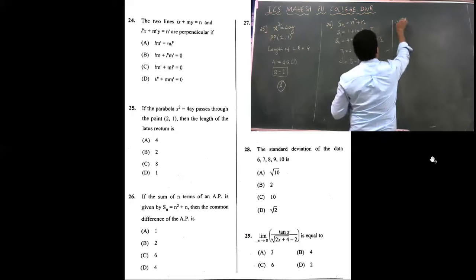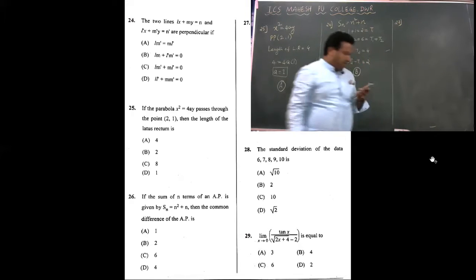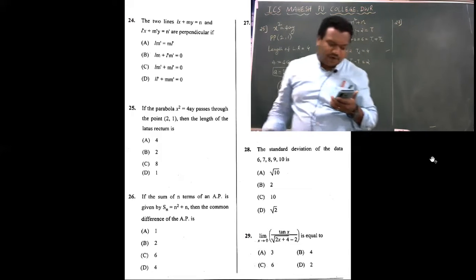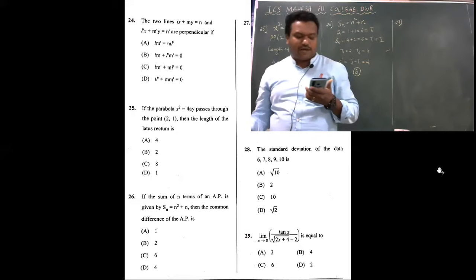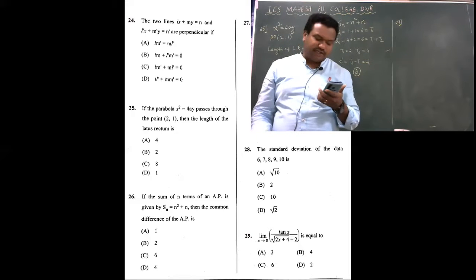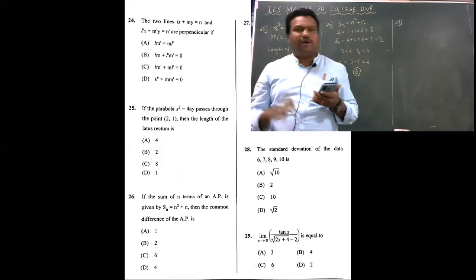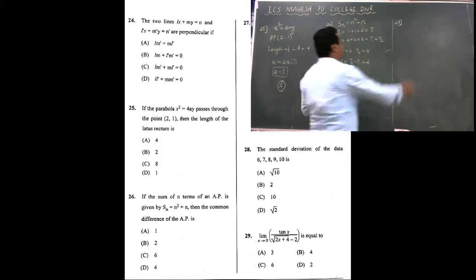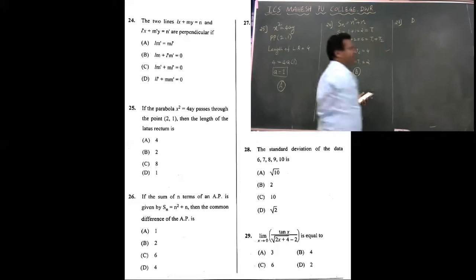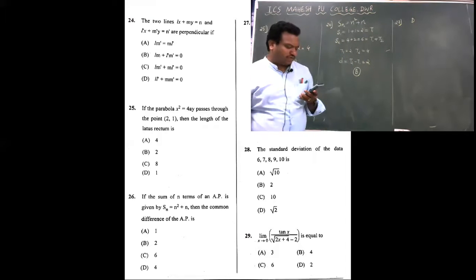27th question is already done. Okay. The negation of the statement: for all the real numbers x and y, x plus y is equal to y plus x. The negation is asked. So what does saying not equal become? Option D. Therefore, for the 27th question, option D is correct. You can just orally answer that question.